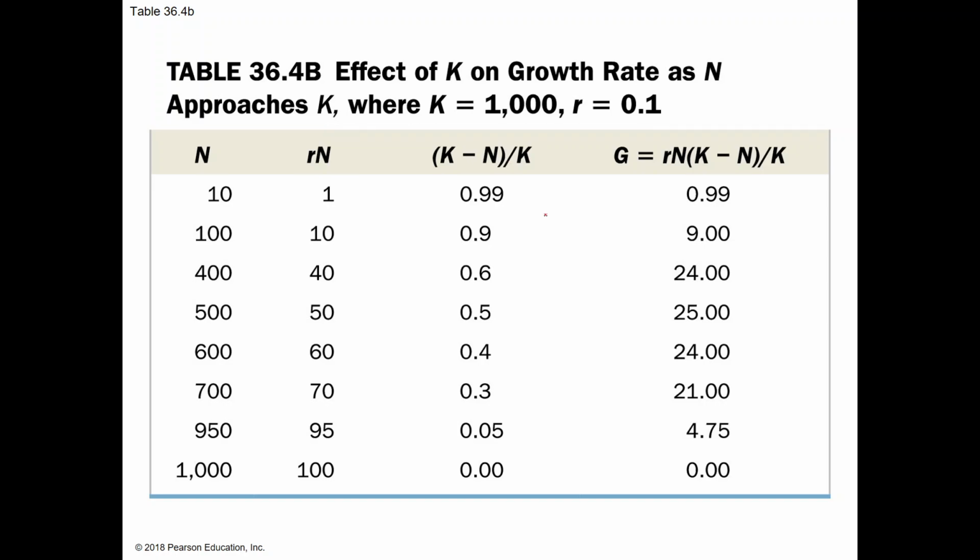So again, looking at this example here, if you start with a population of 10, you have a growth rate of, the r times N is 1, your carrying capacity is 0.99, so it's essentially